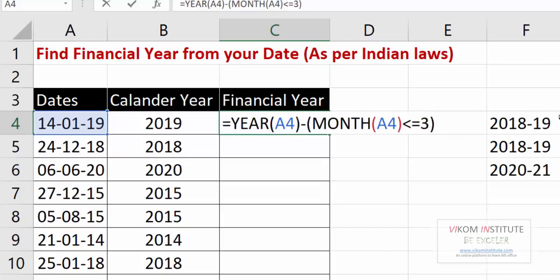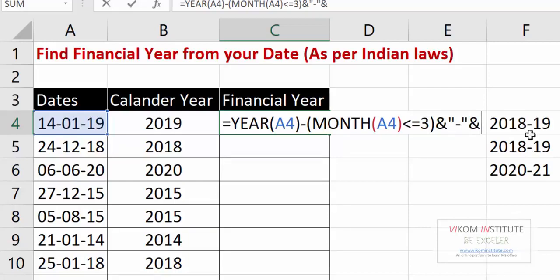For the next one, if this month is greater than 3, then this year would be this one plus 1. Again, first we need to concatenate with this, so I am going to use double quotes.